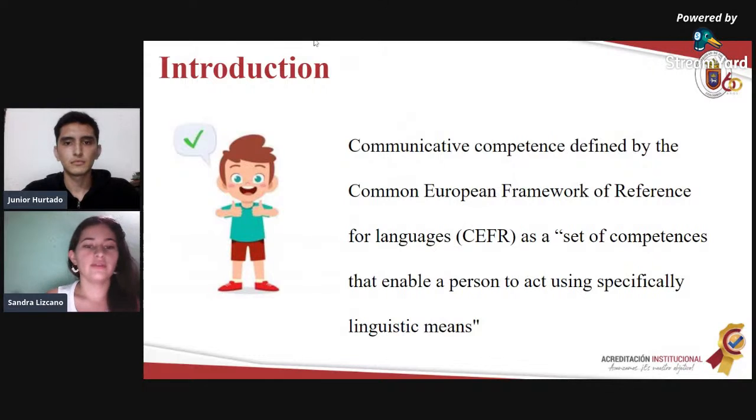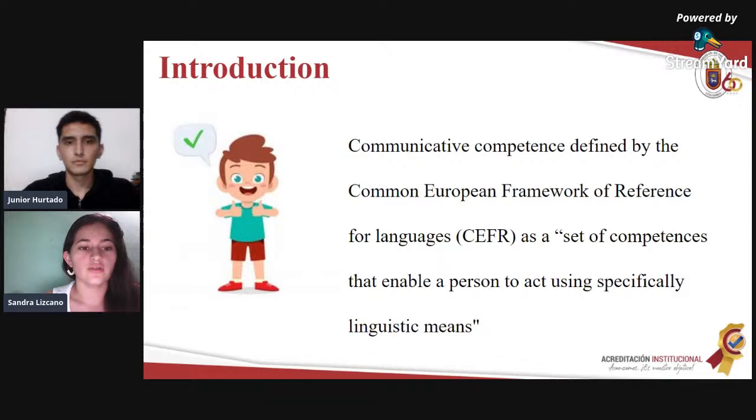To start with the introduction, we found here the definition of communicative competence, which is a set of competences that enable a person to act using specifically linguistic means. Here we put this phrase because our objective here is to enhance the oral communication. And that is why we choose tongue twisters because as foreign language students, we have to